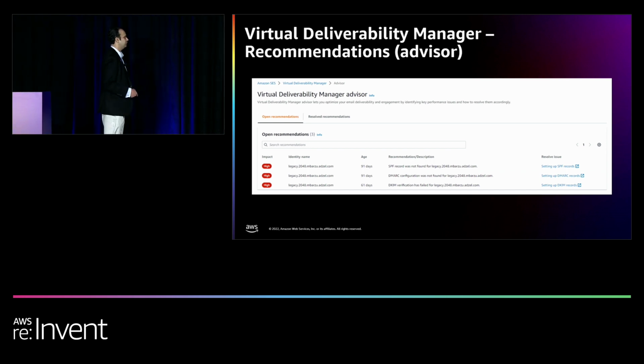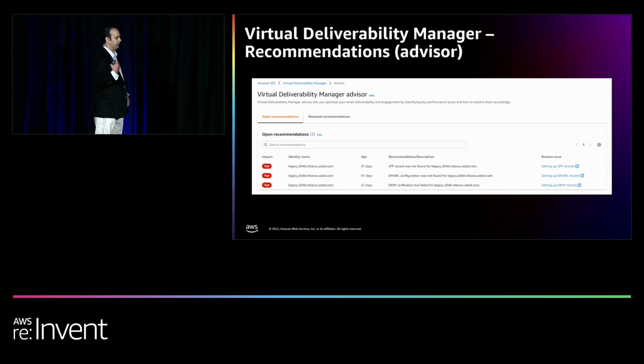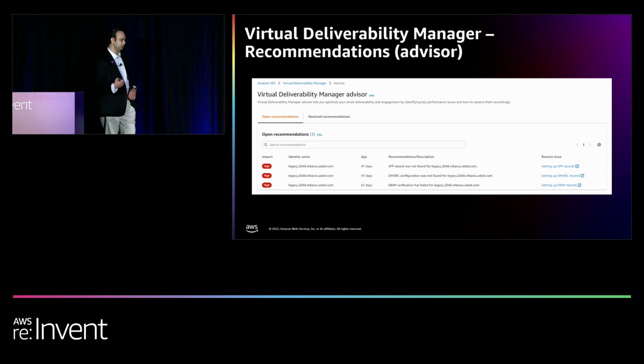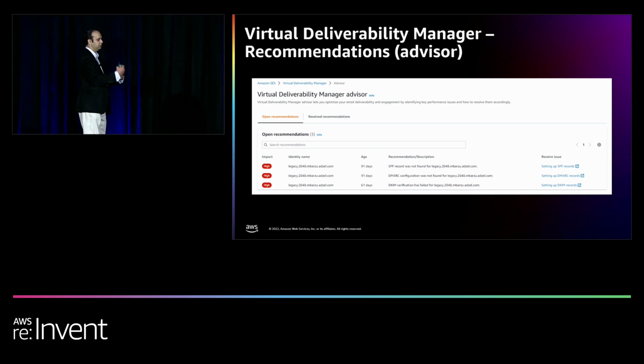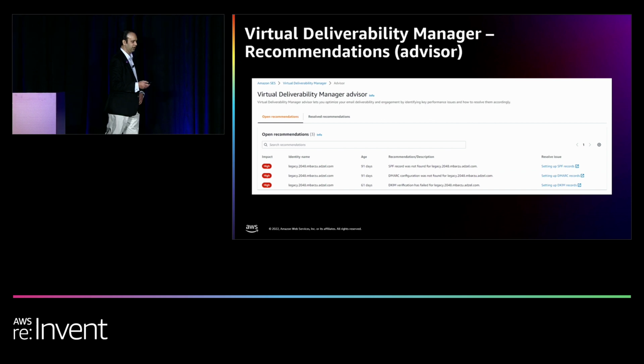So Virtual Delivery Manager launched at re:Invent this year. It definitely focuses on the problem of ensuring that you reach a customer on their terms and that your message is making it into their inbox, which seems like a simple problem, but it's actually a super important problem for ensuring that you really close the loop on workflows like orders or, in the case of the USPS, COVID test kits.